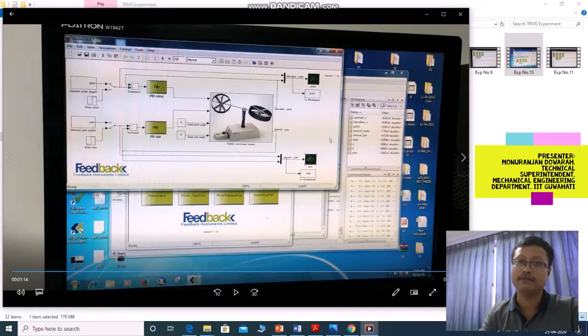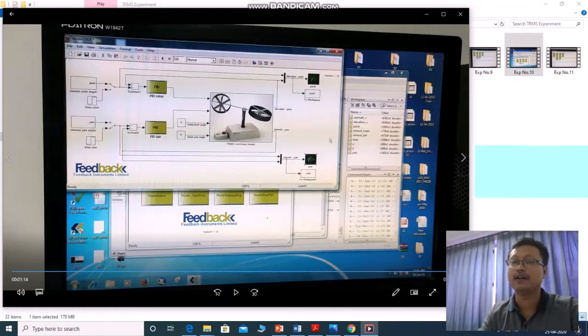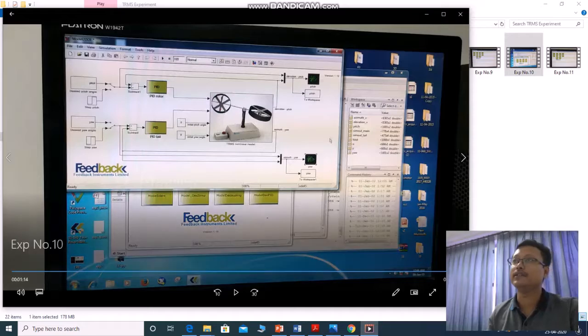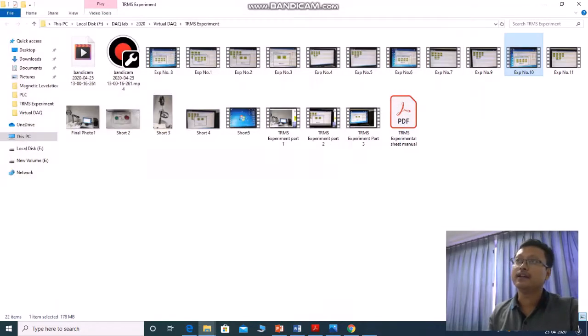That particular PID value we need to put in our simulation model and check whether it is following our required trajectory or not. If it is following, then the particular KP, KI or KD value for the pitch rotor and the KP, KI or KD value for the yaw rotor we need to put in the real-time model.